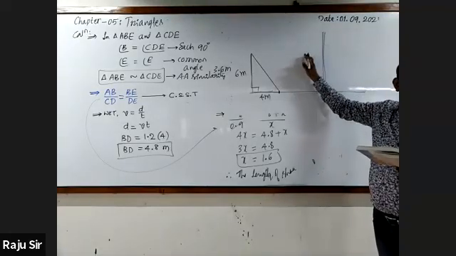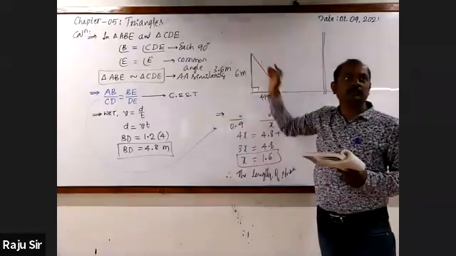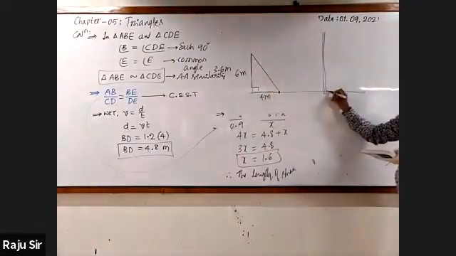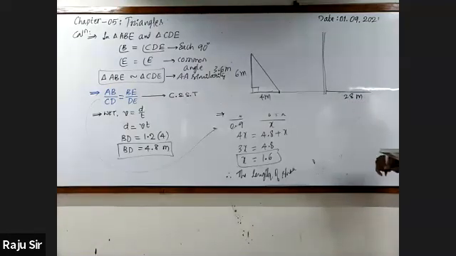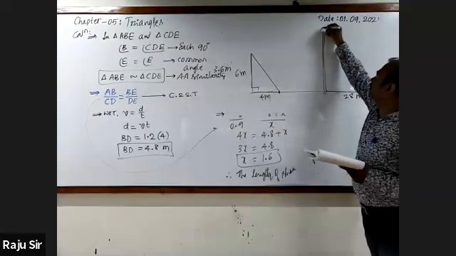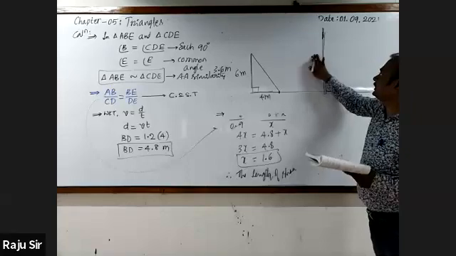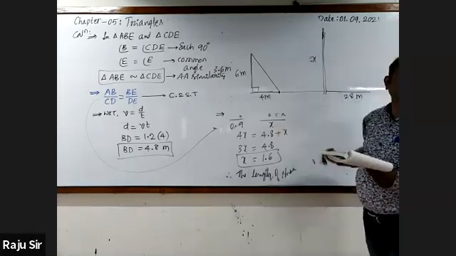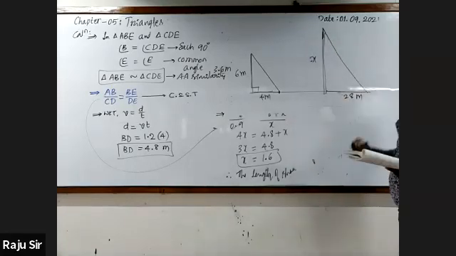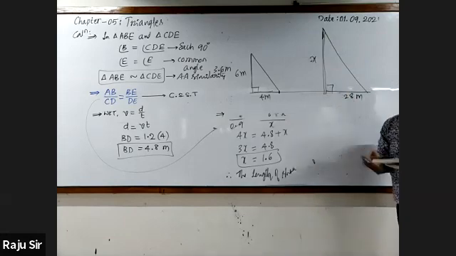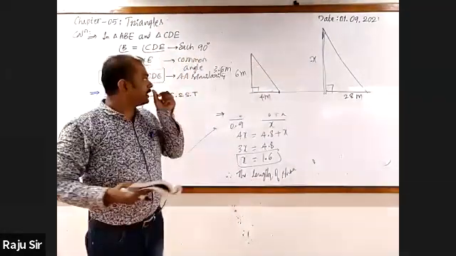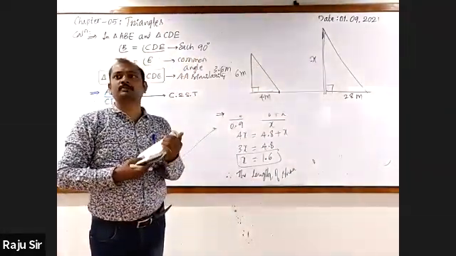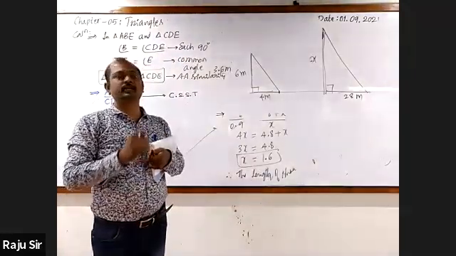We know that the tower is much taller than the pole. And what is the length of the shadow of the tower? 28 meter. Now, the height of the tower should be found out. I call it X. It is also standing perpendicular to the ground. Are these two similar? For similarity, at least two corresponding angles should be equal.